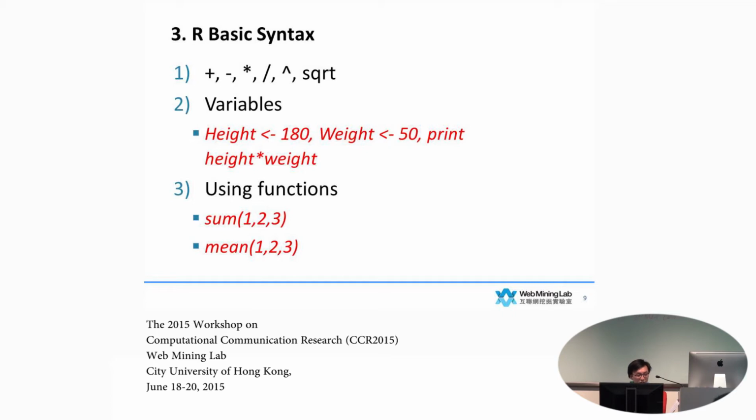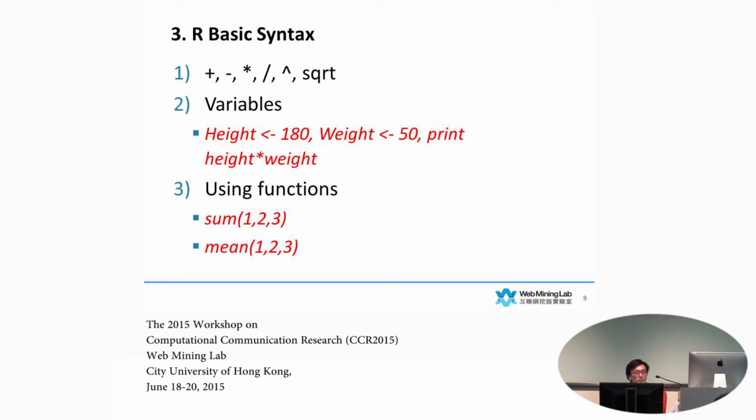And we assign another called weight, for example, we run this. And you can see height, we type height, and we see 180, okay, weight 15, and then we can do